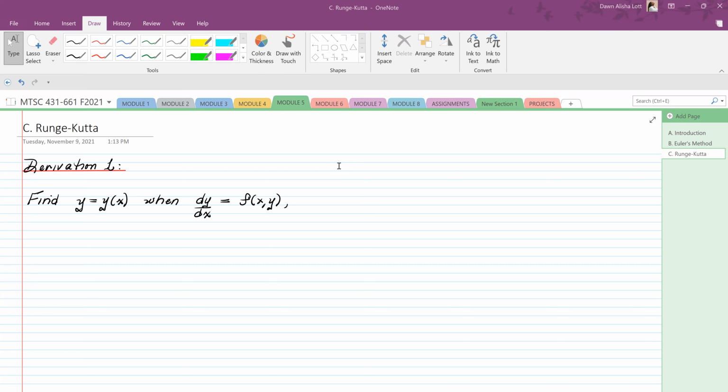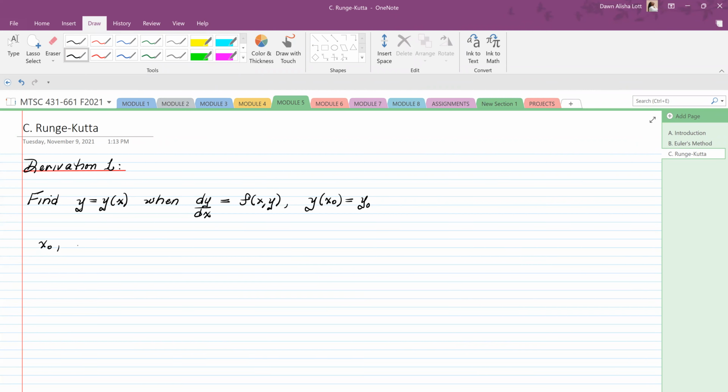And we give you an initial condition that y of some x naught is equal to a value y naught. And our goal is to start with x naught